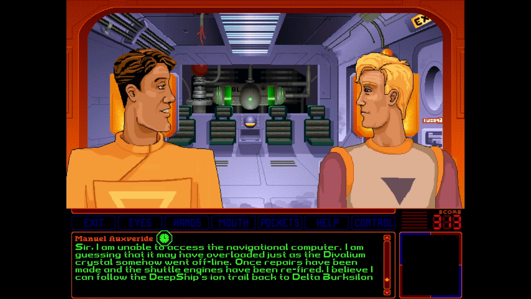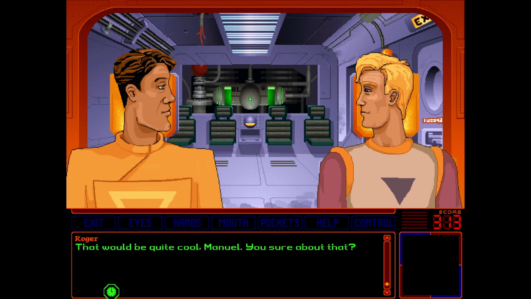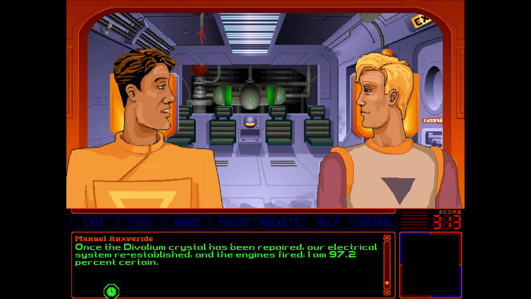Sir, I am unable to access the navigational computer. I am guessing that it may have overloaded just as the divalium crystal somehow went offline. Once repairs have been made and the shuttle engines have been refired, I believe I can follow the deep ship's ion trail back to Delta Berxalon 5. That would be quite cool, Manuel. You sure about that? Once the divalium crystal has been repaired, our electrical system reestablished, and the engines fired, I am